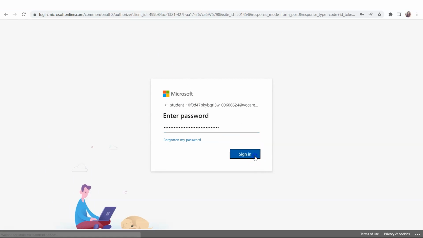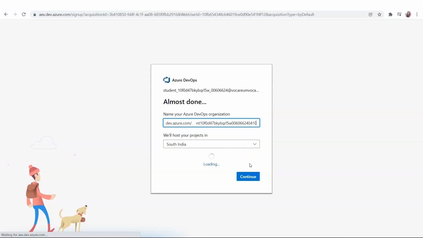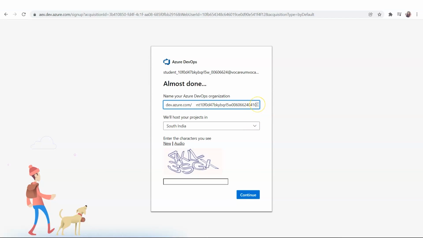So after signing in, you'll be led to this page that you just need to click on continue. And here what you need to do is create an organization under which you're gonna create your projects, multiple projects, and you're gonna attach your team members to it or group members to it whom you want to give the